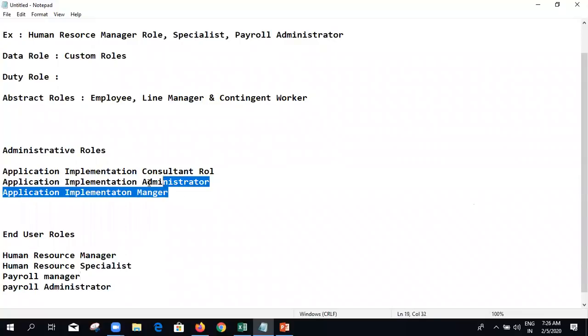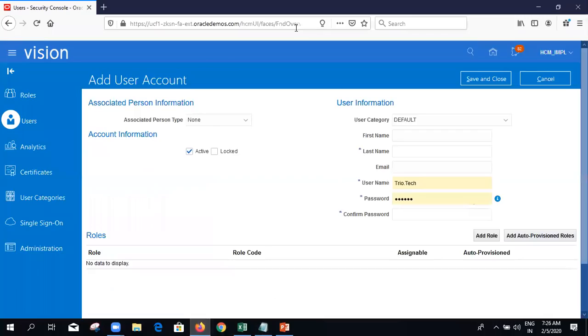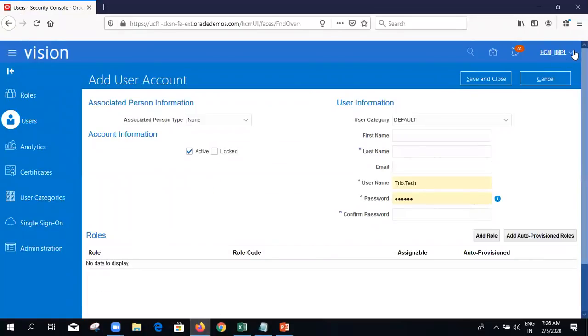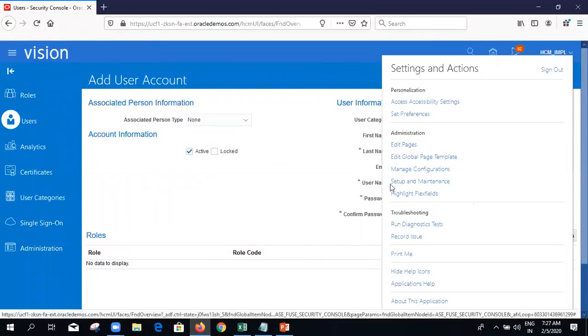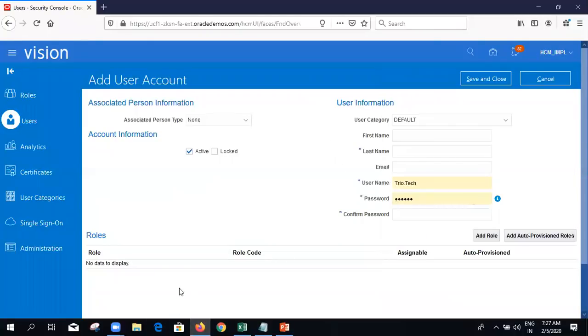As a consultant, if you want to start implementing the system, once after creating your user accounts, we have to get assigned these particular roles, because our configuration in the system will start with Setup and Maintenance. In tomorrow's session, we are going to start our configurations with Setup and Maintenance. But in order to get access to Setup and Maintenance, I require these set of roles assigned to my user account.